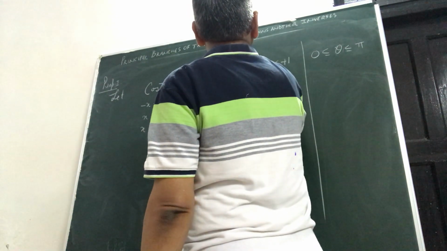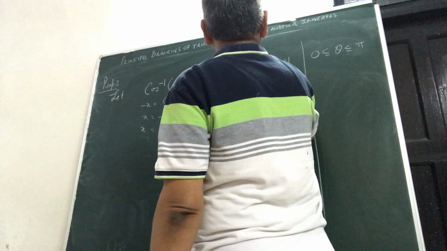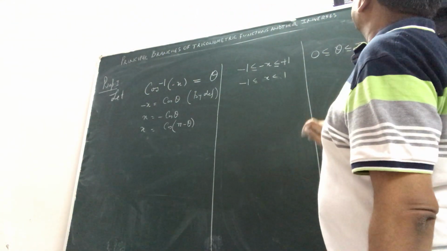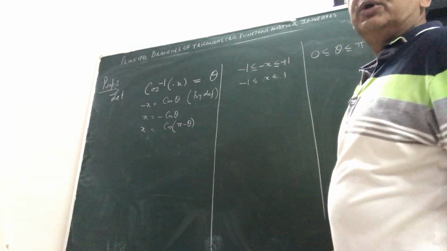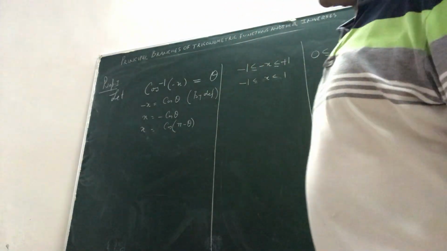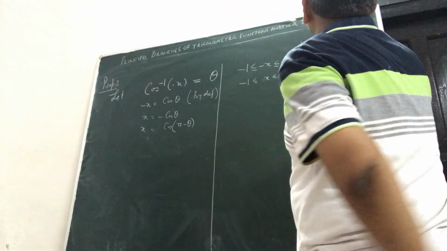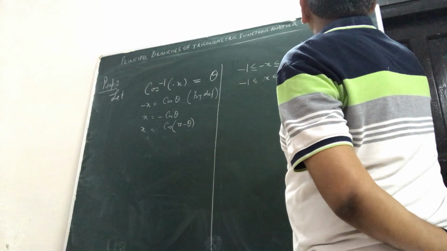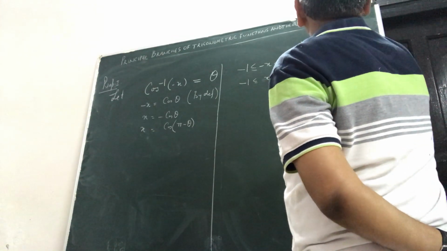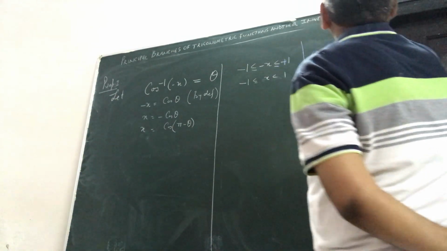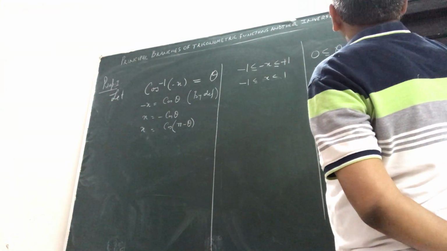x will also lie between, as you have seen in the earlier case also, x will be lying between this thing. Now, here let us see minus theta, where will it go? Pi minus theta we have to see, because next time we would be writing cos inverse x. So now see, this theta will lie between 0 and pi. Multiply with minus 1, okay? So minus pi is less than minus theta,